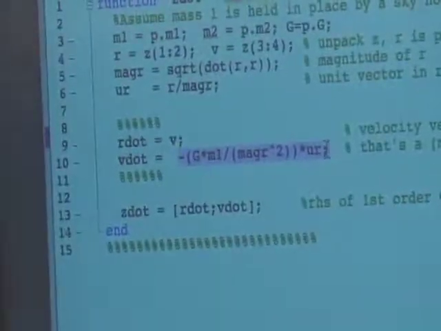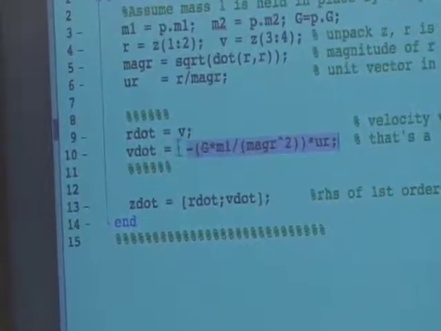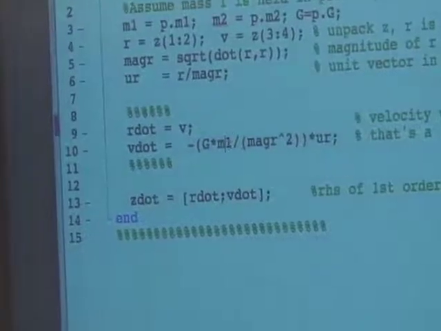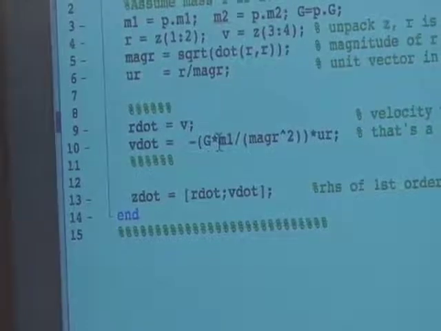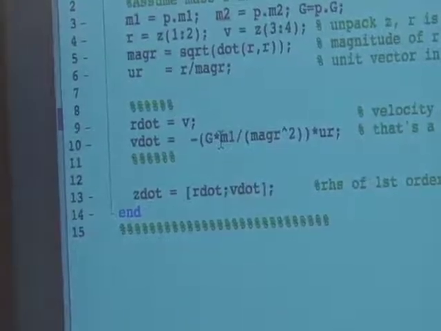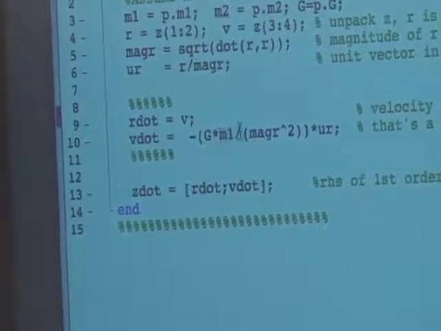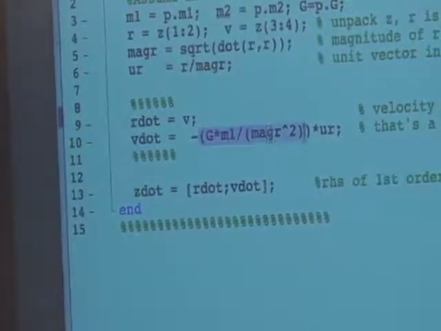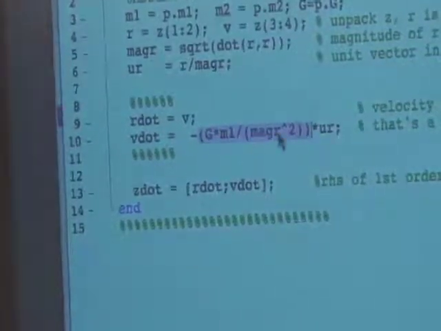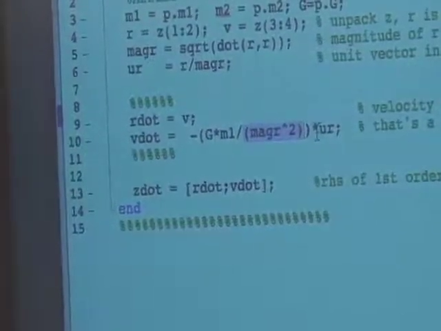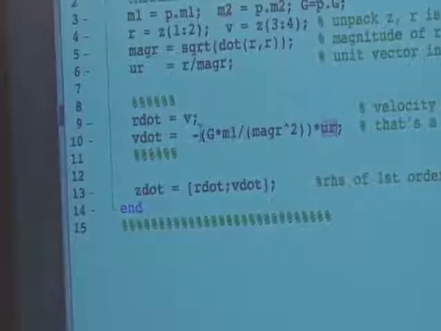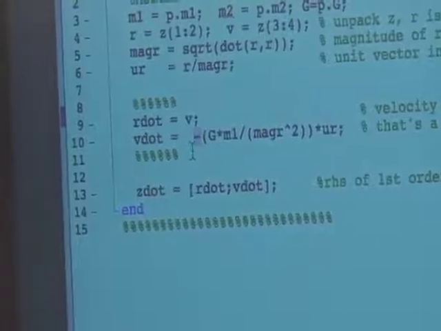In this case, this is exactly Newton's law of gravity. This is a force divided by the mass, and that's why, to figure out the acceleration of mass 2, we only have mass 1, because the force on mass 2 is proportional to m2, and the acceleration is inversely proportional to m2, and the m2 dropped out. At any rate, it's a central force inversely proportional to the distance squared, m1, m2, g over r squared, in the direction of the unit vector, but it's an attractive force, and that's the minus sign.